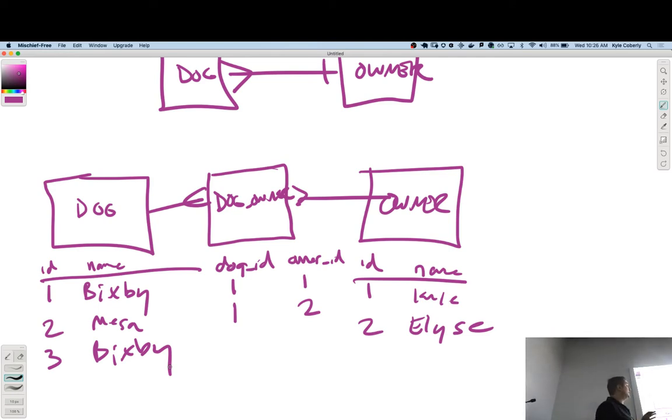If we're implementing this in Ruby, and I'm keeping track of all these different instances here, these are pointing to these object IDs over here. They don't get new ones or anything. So could you say, in the code, Kyle.dog_id1, and that will bring back your Bixby or not? So actually, let's see that.